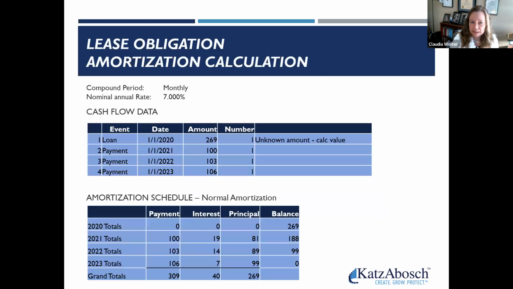So first we're going to look at how we would calculate the asset value. Basically, you run an amortization table of this asset. For simplicity, we're saying there's one payment a year: $100, 103 for year 2, and 106 for year 3 at that 3% escalation. When you present value that back, row 1, which is the loan, the actual lease of the asset, the present value of that future stream of payments is $269. Below that, you'll see the amortization schedule: what the balance is at the end of each year and what the interest is.